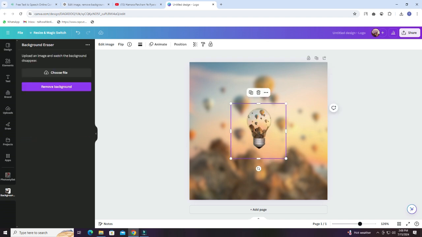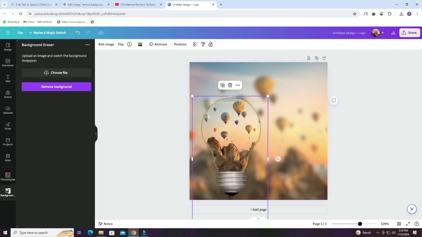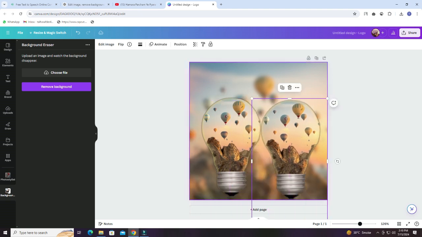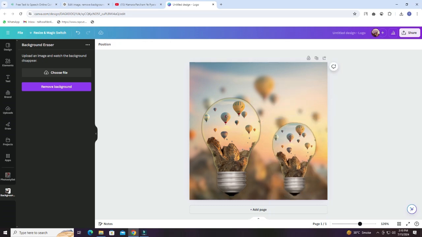And now the image will have its background removed. You need to increase its size and place it on the right side, then duplicate it and place it on the left side while making it slightly smaller. Take a look and tell me how this